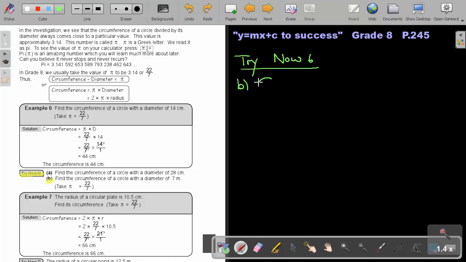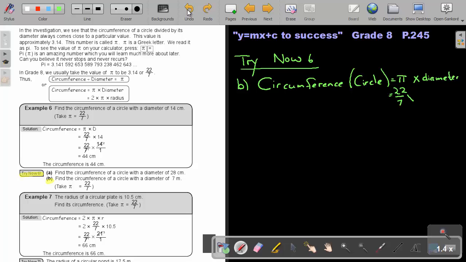So, to find the circumference of the circle, we can write it out. And usually, it's just the perimeter, but with a circle, we call it the circumference. And we're going to use that. It's pi times the diameter, or D. And that is just going to be now this 22/7 times, remember the diameter is 7.